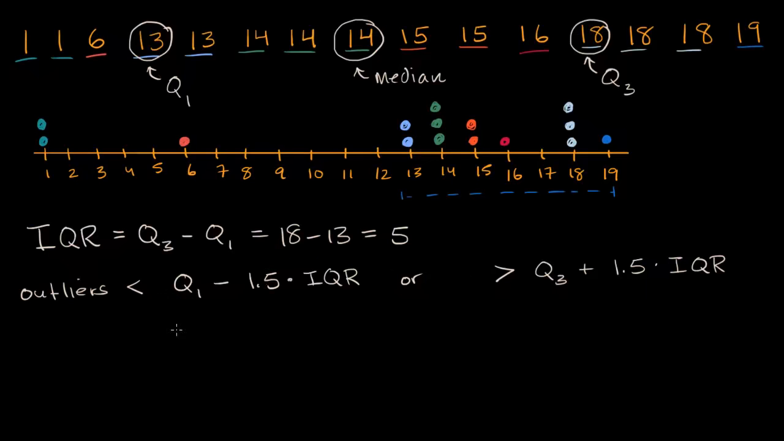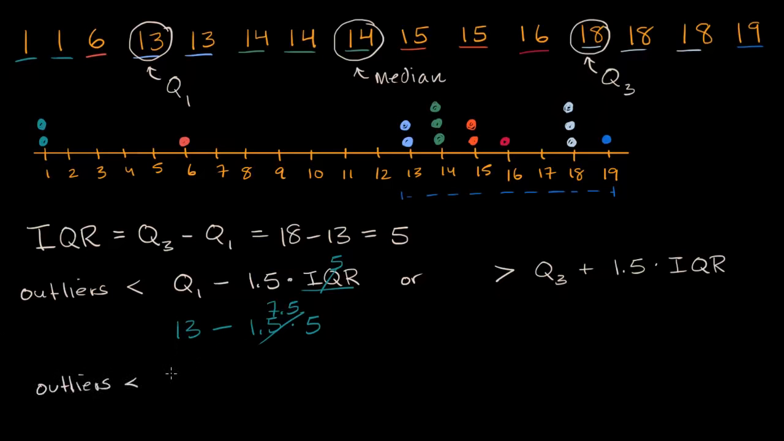So let's think about what these numbers are. Q1, we already know, so this is going to be 13 minus 1.5 times our interquartile range. Our interquartile range here is 5. So it's 1.5 times 5, which is 7.5. So this is 7.5. 13 minus 7.5 is what? 13 minus 7 is 6, and then you subtract another 0.5 is 5.5. So we have outliers